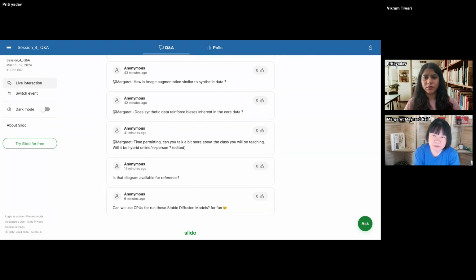So, okay, to answer the question, yes, you can run most of these models on CPU. The problem that will happen is with the model; you will have to do a few things to it. One is you'll have to quantize the model, which means these models are generally trained on 16-bit floating point information. Generally, what the model looks like when you look at a model file is just a lot of numbers.